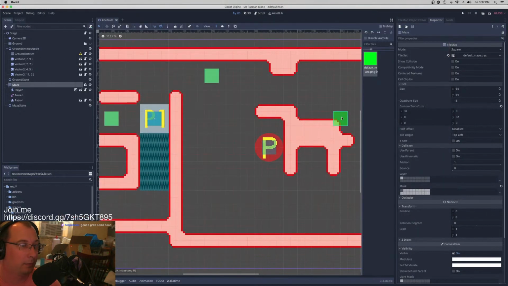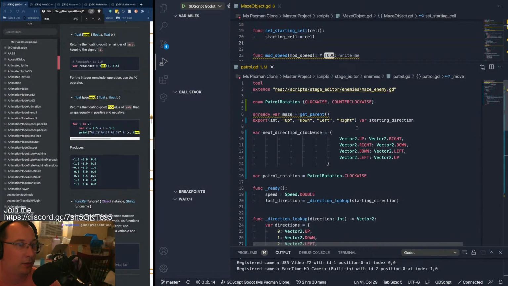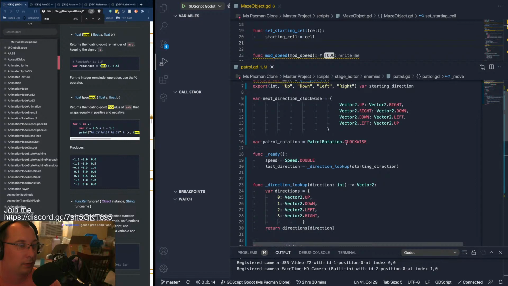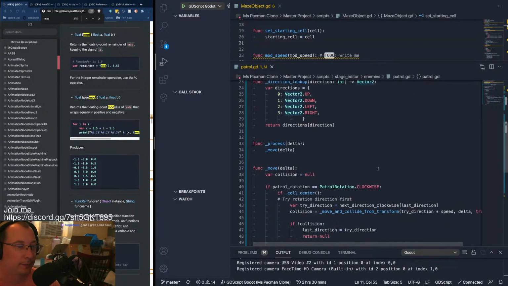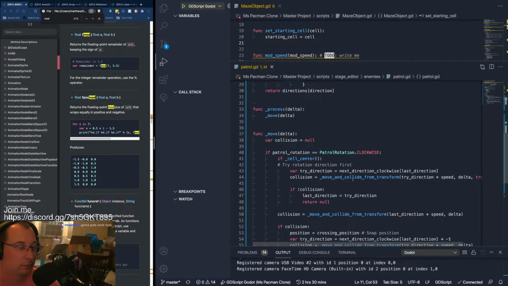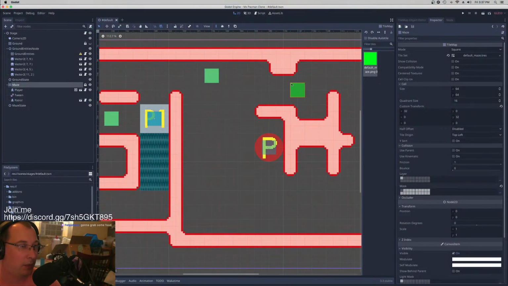It can. So why always try to go down? If we're going right, it should always be trying to go down. And we are snapping, and we're only doing it on center, which means that we happen to be moving